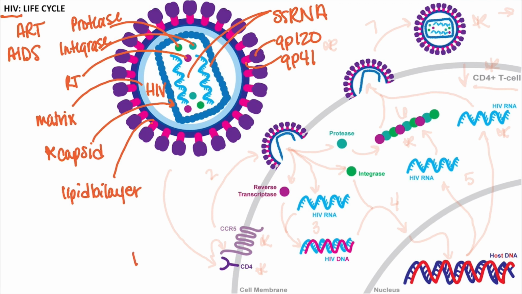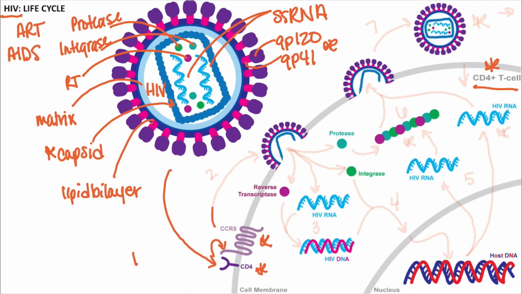So the first step is for the HIV virus to bind the host immune cells, specifically our CD4 positive lymphocytes, like our T cells, for example, which I'm showing you here. So this virus will bind via its envelope protein complex, being our GP41 and our GP120, which will interact with our CD4 receptors, which is the primary interaction, and this is followed by its secondary interaction with the chemokine coreceptor 5, or the CCR5 receptor. So these interactions will anchor the virus to the host cell and stabilize this interaction to allow for the second